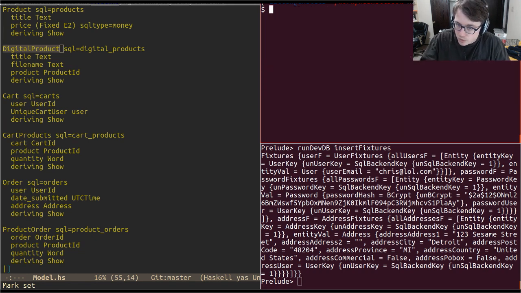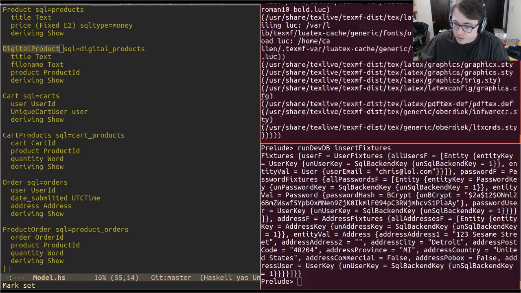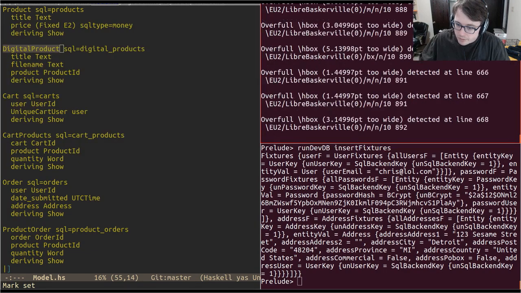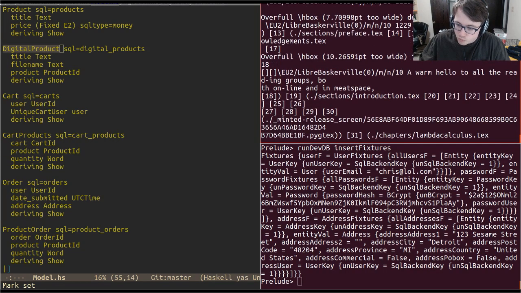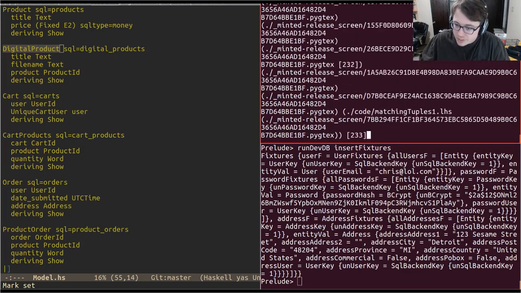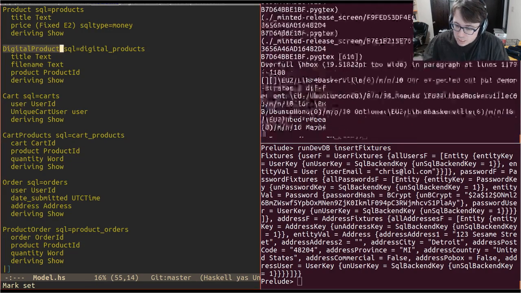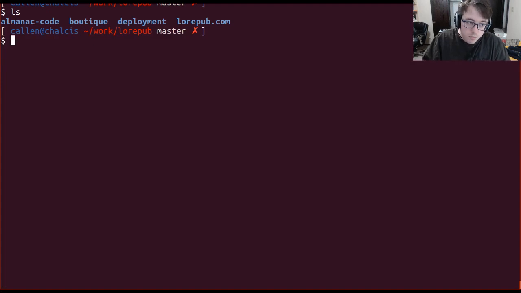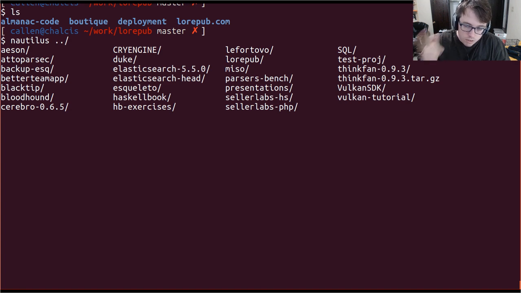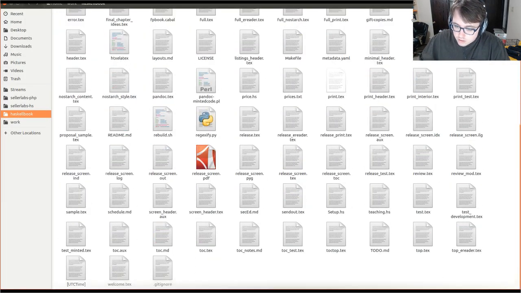I do. Make, release, build. This is going to take a while, fair warning. I think I've rendered it before, so it actually won't be that bad, but it's gonna burn for a little bit. So everybody's getting to see what it looks like to compile the book for the first time. While that runs, I'm going to run Nautilus on the directory that lives in, and